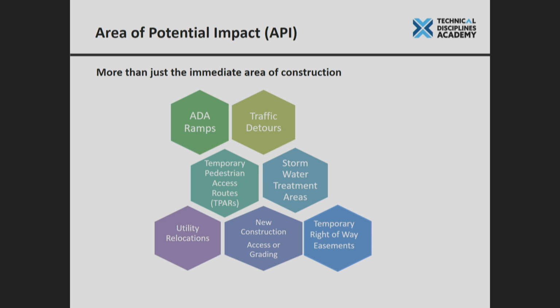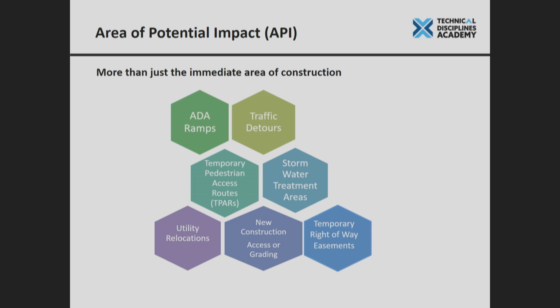Traffic detours. Let's say you're going to close the road in order to build that improvement, and you're going to route traffic all the way around some other location. Well, now your project area impact has gotten bigger because you have to figure out the effects of that traffic. Maybe we're thinking about running some of our traffic down a county road. Well, one of the first things that counties usually do is say, show me the money, because you're going to run your traffic on my road and I want to get it repaved. Okay, you might hurt my road.